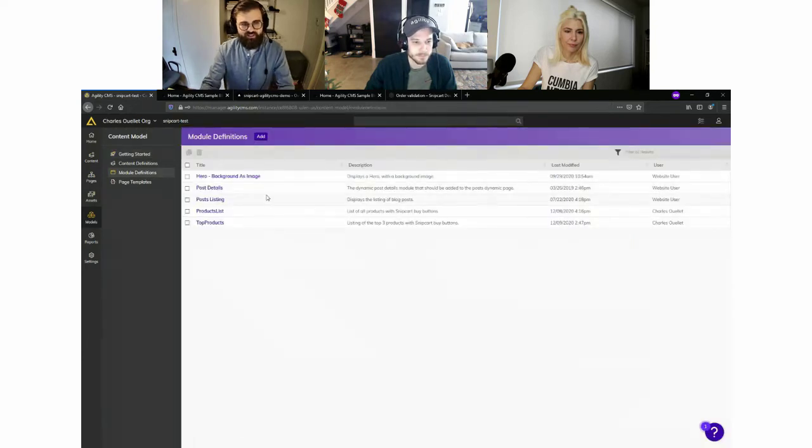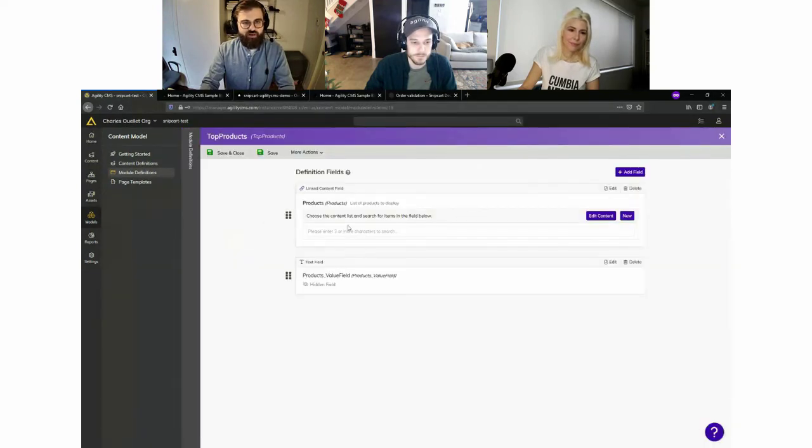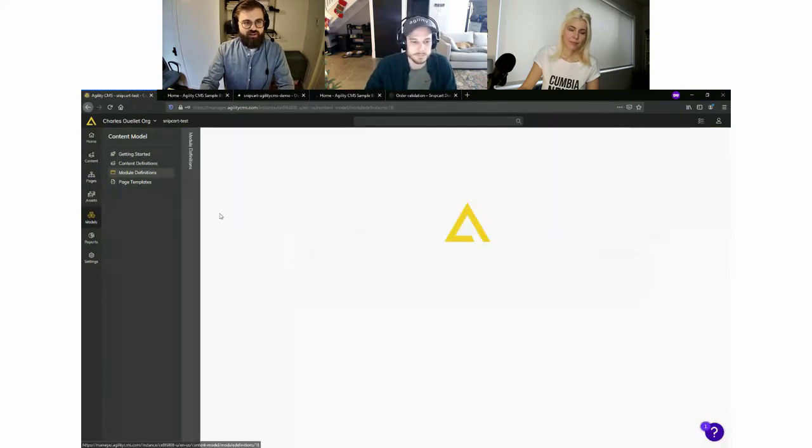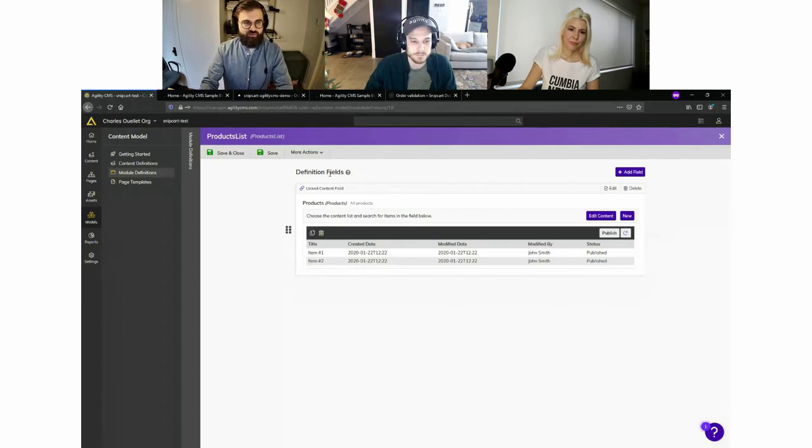And then I created a module. This is something I really enjoyed about Agility. It's a pretty new concept for me, but a module is basically a component that you create in the CMS and that is then linked to a React component. In my case, since I use Vercel and Next. So I created two models. The first one is top products, which allows us to pick 3 products that we want to showcase on our website. And the other one is products list, which is basically a list of all my products